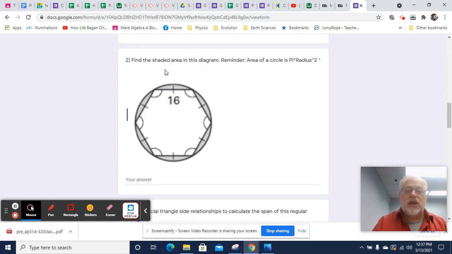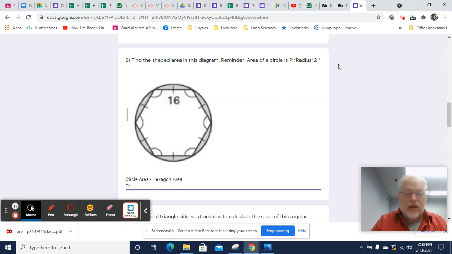Now we need to find the shaded area in this diagram. Okay, you've got the area formula for the hexagon. You need the area formula for a circle. The area formula for a circle is pi times radius squared. So we need to figure out the radius. So I'm going to set up a structure. It's going to be circle area minus hexagon area. Okay, circle area is going to be pi times radius squared,